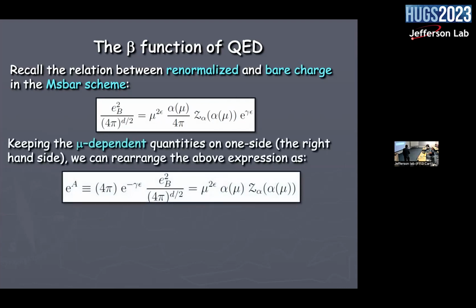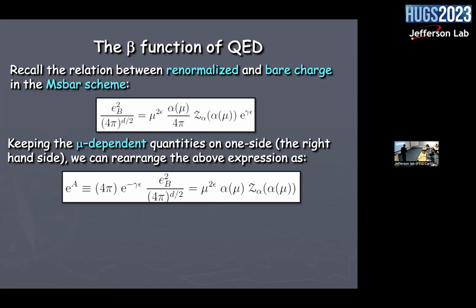So I was telling you that there is a bare charge, and we had this definition in the MS bar scheme. I've come back to the notation of before. EB is the bare charge, and it was related to the renormalized charge, which is alpha. Now I do a little bit of a trick, because of this new scale mu. I know that our coupling will somehow depend upon this mu, and I want to see how this coupling depends upon this mass scale, because that's going to tell us that the coupling is not a constant, but it runs